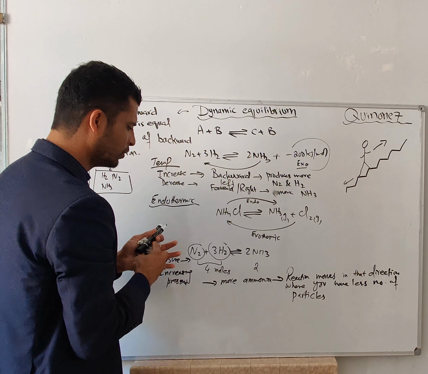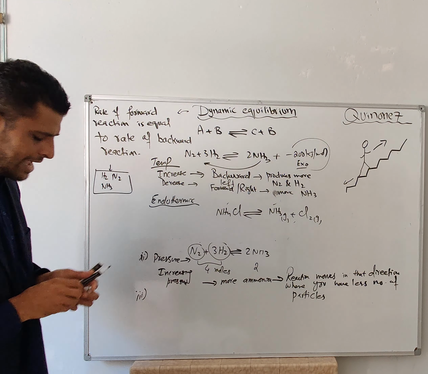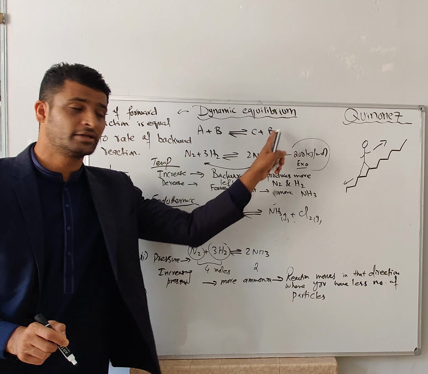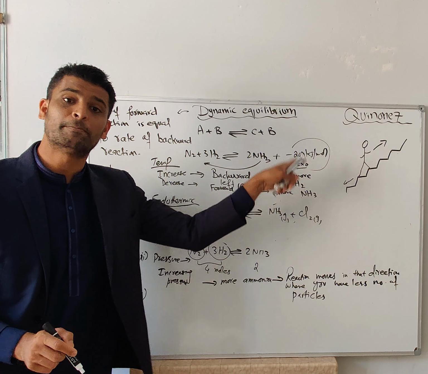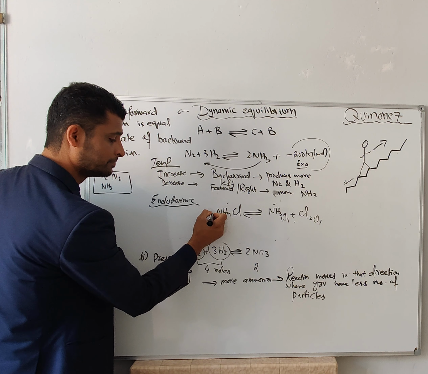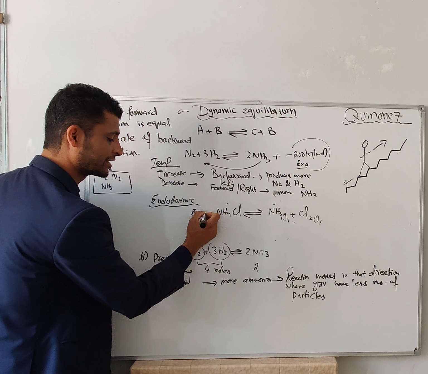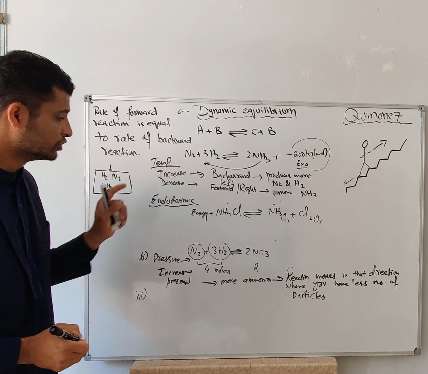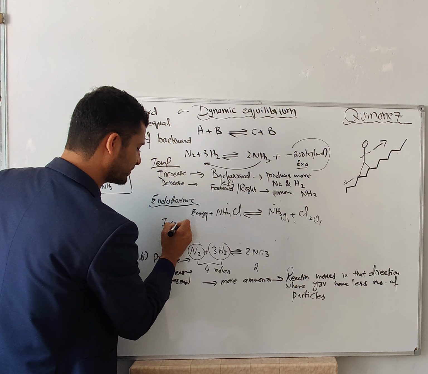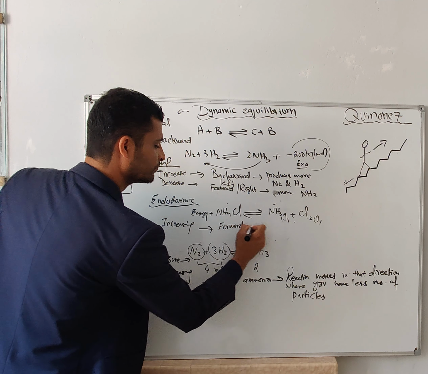Let's just say this is an endothermic reaction. Endothermic reaction means you put the energy on the reactant side. Here, exothermic reaction was, the energy was actually used as one of the products. In endothermic, the energy, because you're going to heat it up, is one of the reactants, if you have seen my previous video, because the reaction won't start if you don't put the energy in. Now, if you heat it up, so increasing the temperature, the reaction will go into the forward direction, which means more